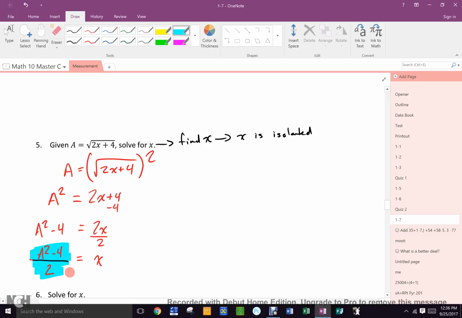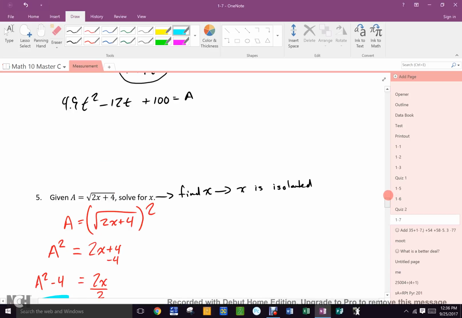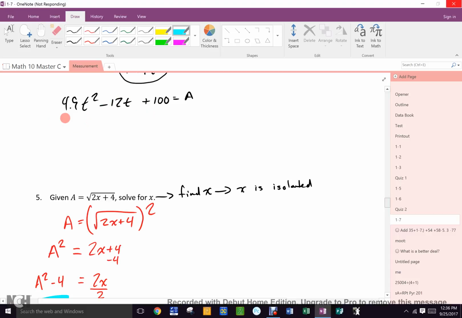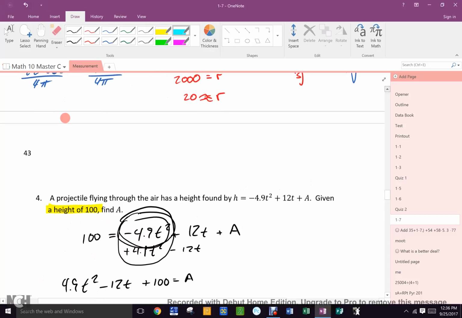Now, prior to today, some of you did not know you could do this. Move whole chunks. I know, you've done all of this last year, and yet you guys still sat here and said, Mr. Myers, I don't know what to do on this question, even though you've done it all already. Because you guys take 2 months off. And then, if you have a semester break, you've actually taken 6 months off,